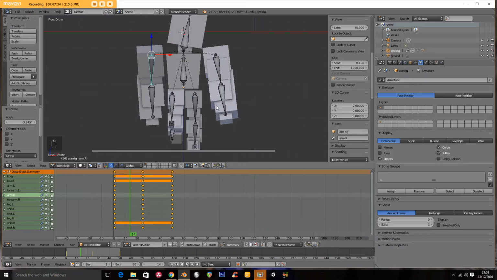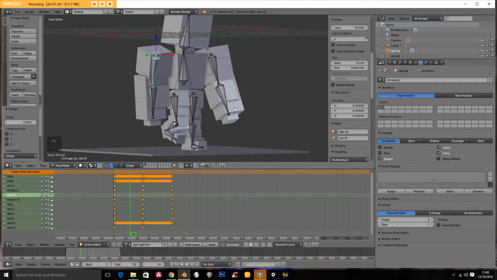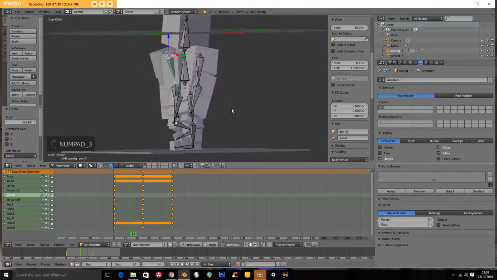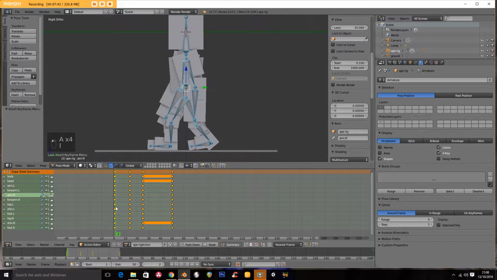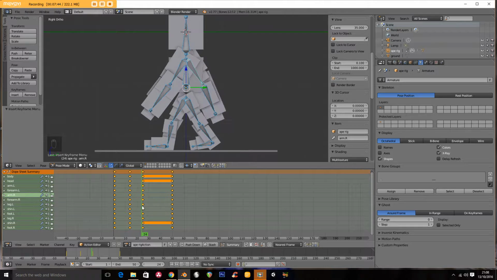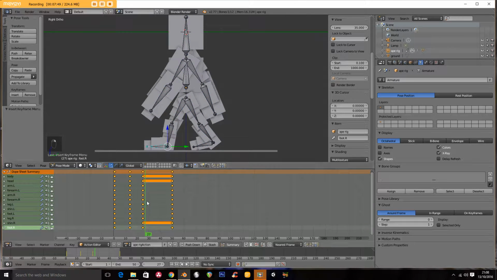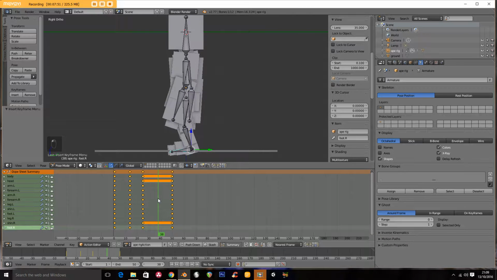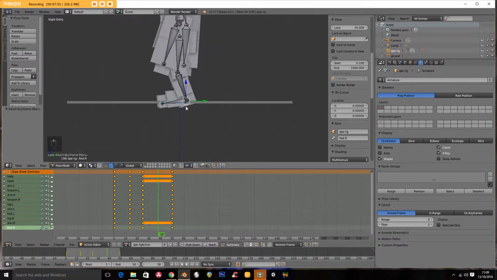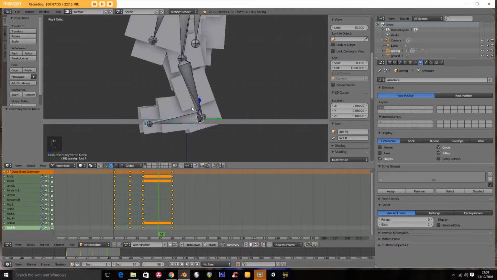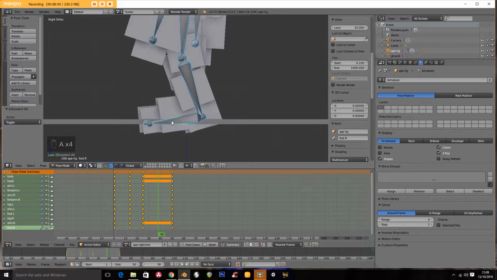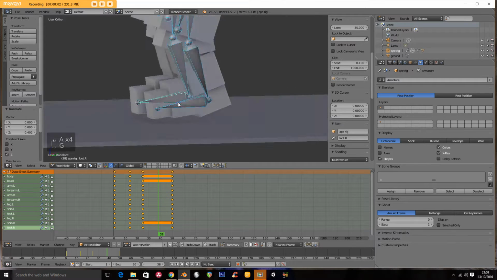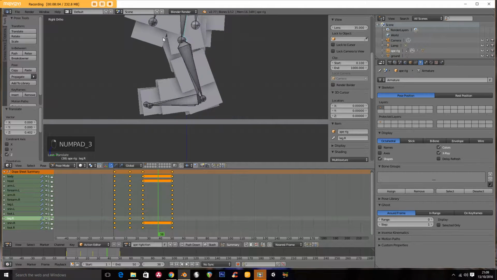Now yeah, so that's going to work. So select it all, insert keyframe. So on we walk, and then the next time in the middle it'll be this one that we want to stand on. So about frame 38 there, it's the one furthest away, so we'll go select all, G Z, move it up, straighten this leg,